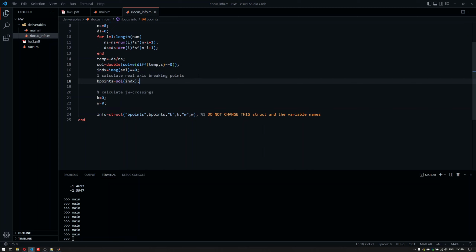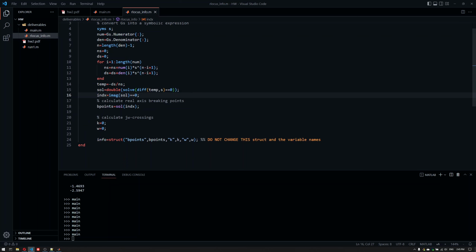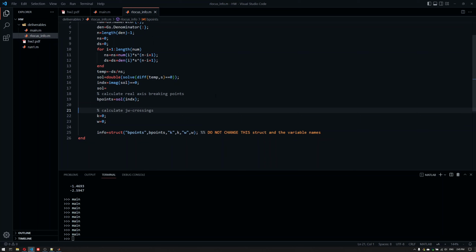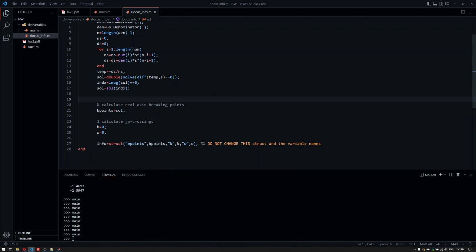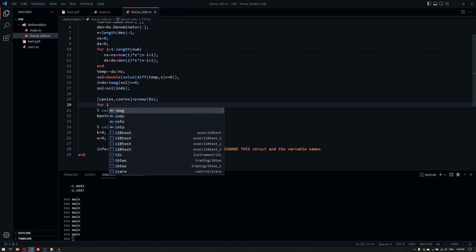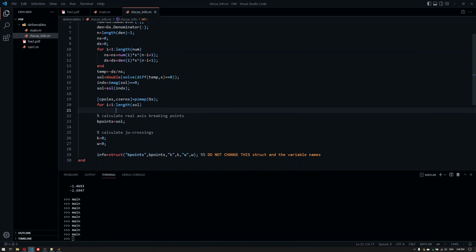We might write the angle condition of the root locus to eliminate if it's on the root locus or not. For that, since we have GS here, I would recommend you come on down here, maybe call it sol equals sol index for now. And then we would just get the poles and the zeros, PZ map, GS. And then we would look for each point in the solution here,